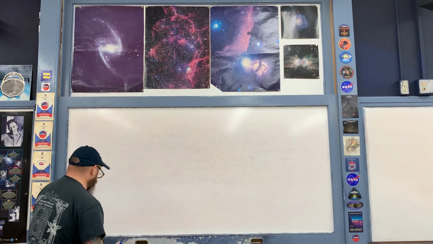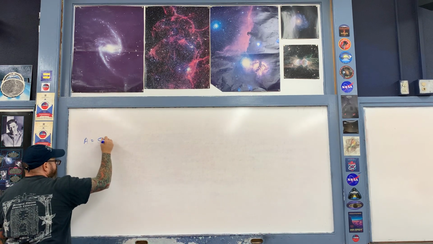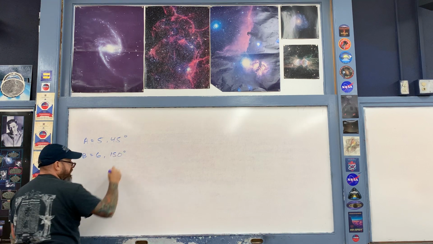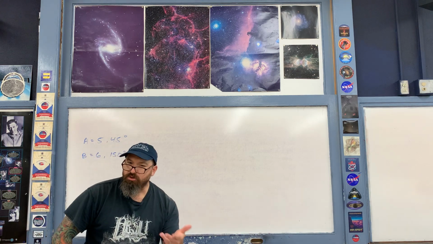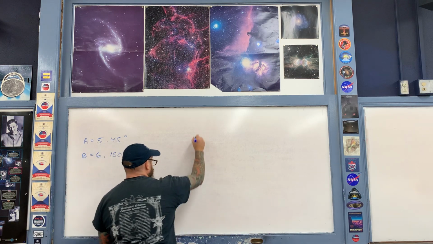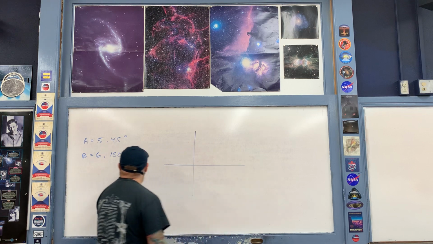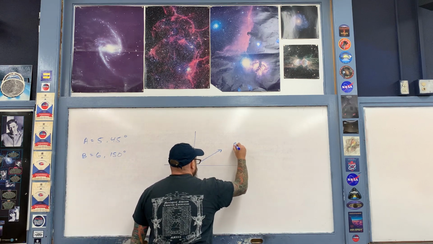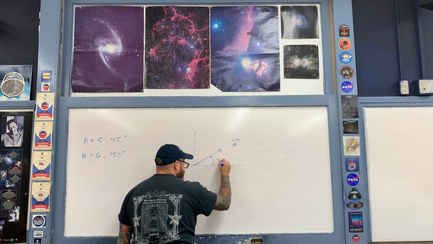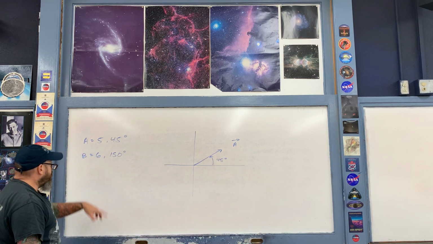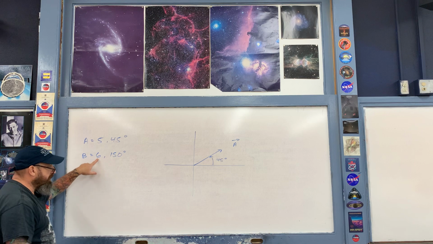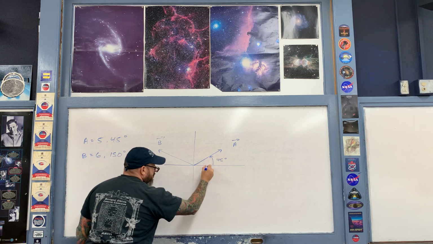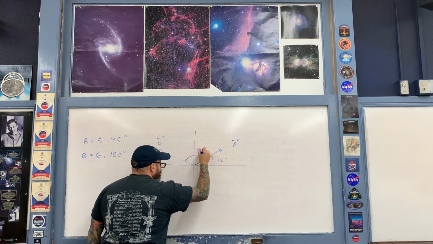Okay, so here's what we're given in this first example. First of all, A has a magnitude of 5 at a 45 degree angle. B has a magnitude of 6 at a 150 degree angle. However, what we need is the angle between them. So let's go ahead and draw a simple diagram to illustrate the problem. Okay, so first of all, vector A is at a 45 degree angle into the first quadrant, like so. So right here is A, and then right here in blue, we'll say is the 45 degree angle that we indicated. Okay, and then B is into the second quadrant, and it's a little bit larger than A, so let me just go ahead and roughly draw it like this. Right here is B, and then once again, right here in blue, like so, that right there is the 150